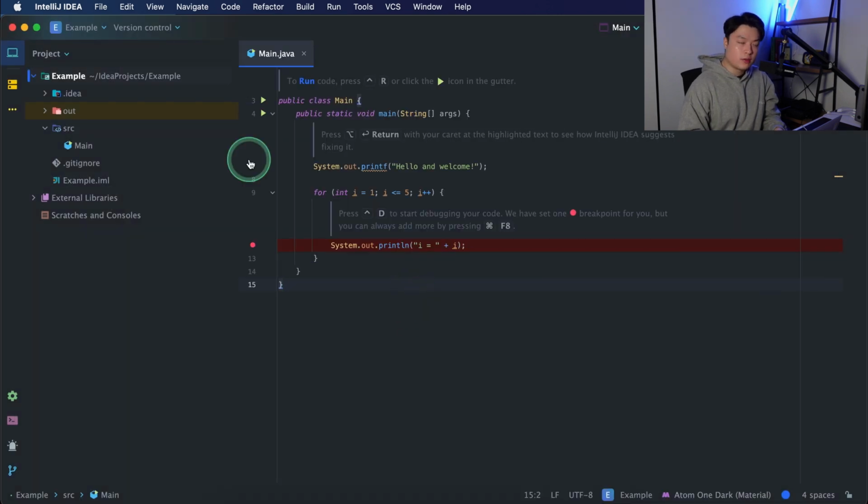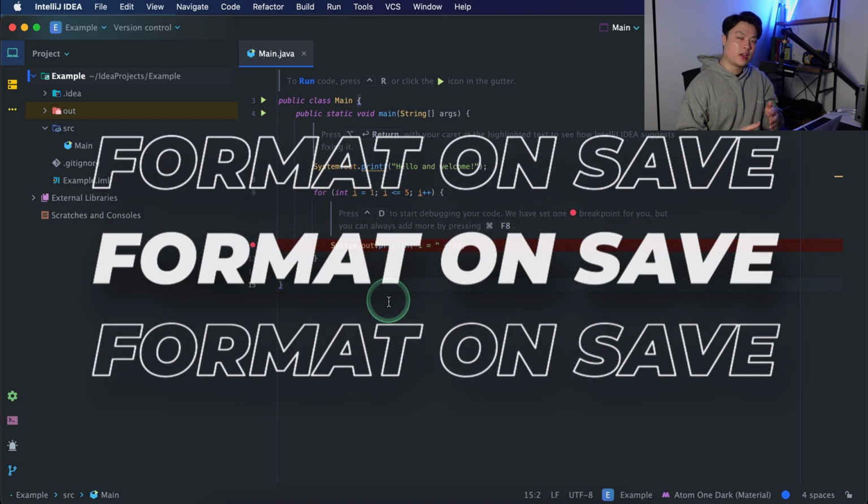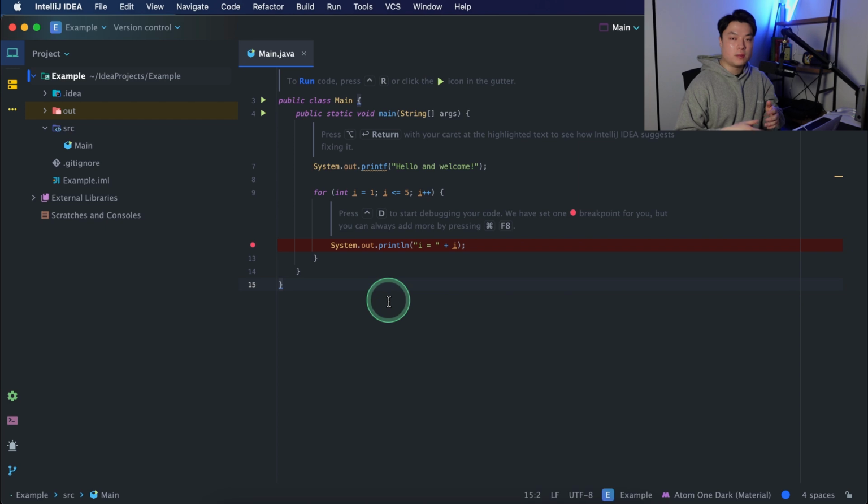Next, I'll be going through some more Java specific configuration that will help you write better code. Format on save is a great setting that means whenever you save a file, it'll apply some changes to it to help clean up the code a bit. For example, you might have to remove some unnecessary blank lines or help you optimize some of your imports. Again, let's go to preferences